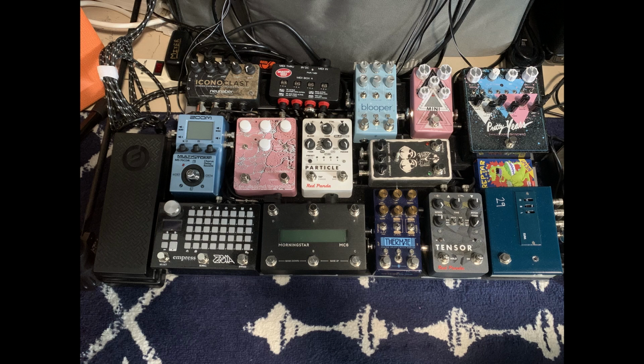And then it goes into really my most used ones, the Tensor and the Thermae, and those really work well together because you can do looping on the Tensor or weird reverse stuff, and then the Thermae is my favorite analog delay ever. Then it goes into a couple more drives. I've got the Mini and the Siamese Nightmare op amp muff fuzz. So those are for adding more gain after the delay or the Tensor. And then it goes into the